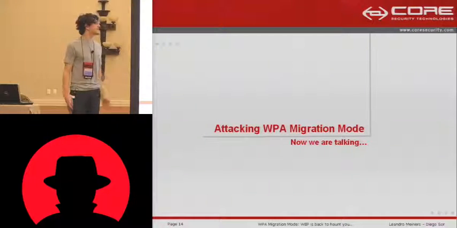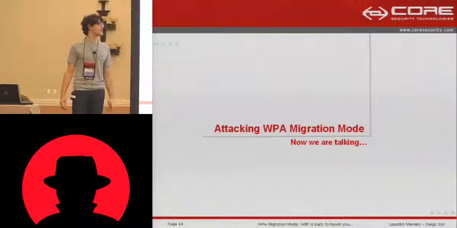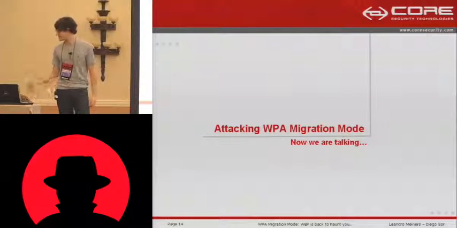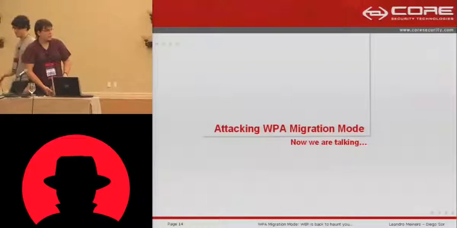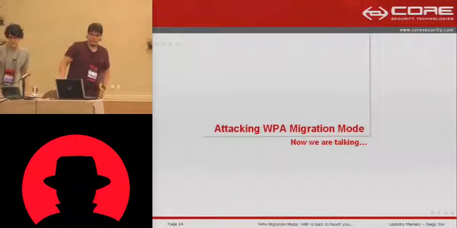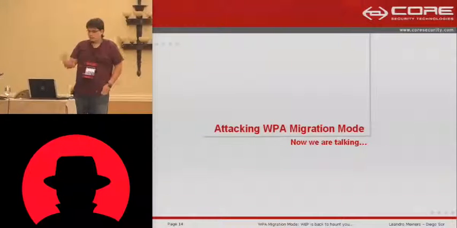So we present the migration mode, and Leandro is going to talk about how to attack these APs. Okay. Hi, can everybody hear me? Okay, great. Kicking off where Diego left off, I'm going to start talking about how to attack an AP